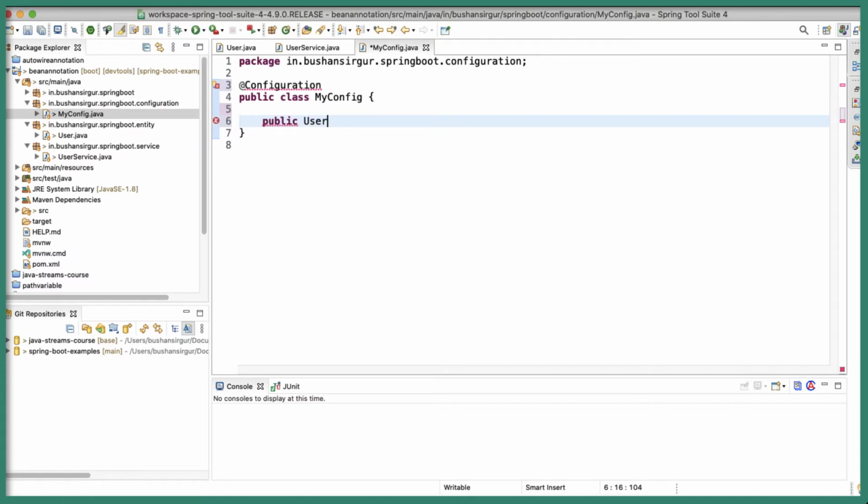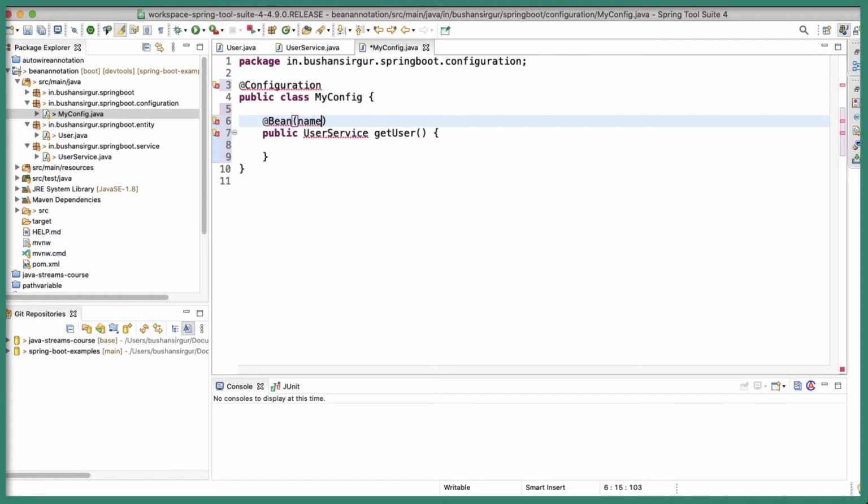Public, this is going to return the UserService, getUser. I'm going to annotate this with the @Bean annotation. So we're going to use this annotation to get the bean. So the UserService bean we are going to create,